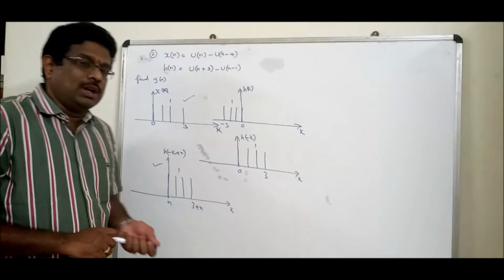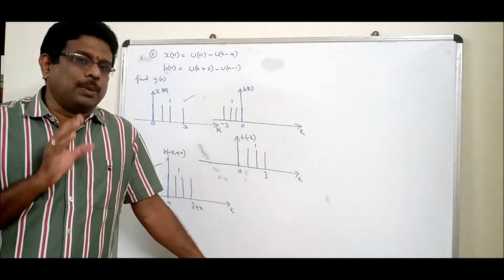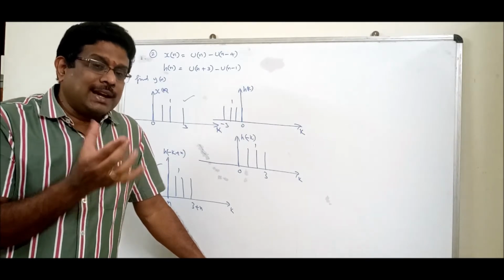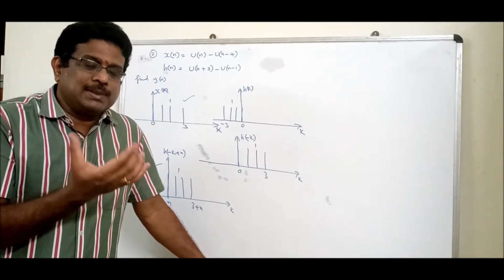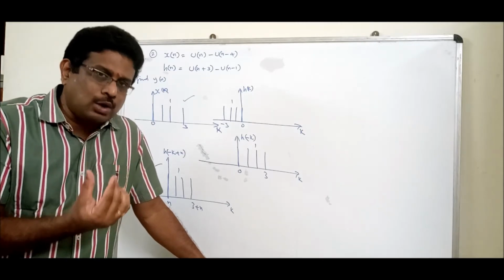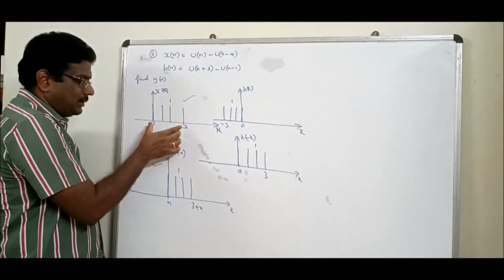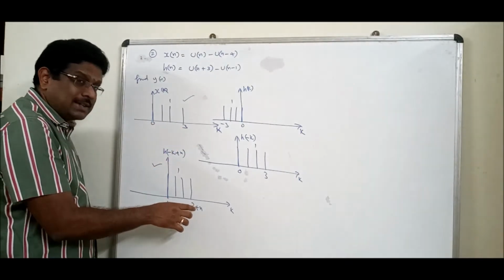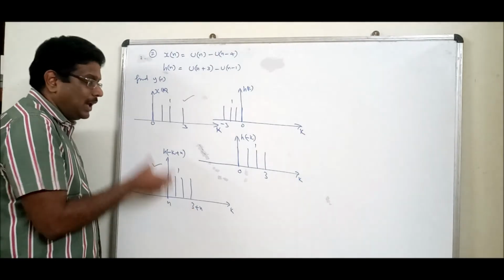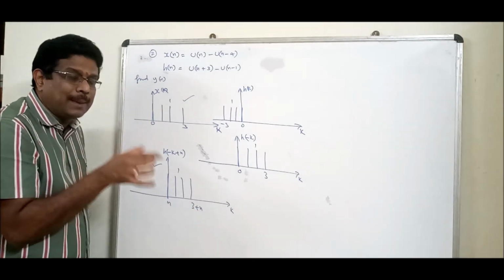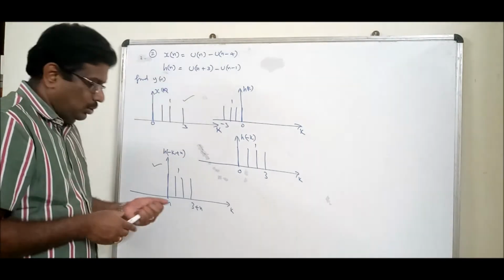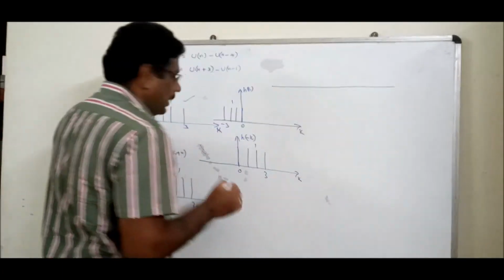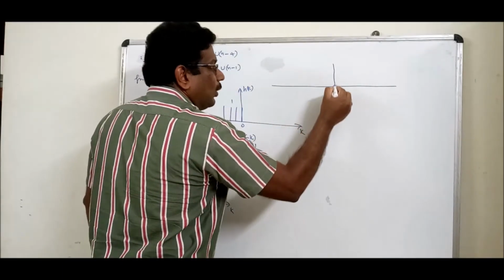But when I was doing the convolution integral, I told you one important piece of advice. Careful with the gap. If it is bigger, draw bigger. If it is smaller, draw smaller. What is the gap here? 0 to 3. Gap is 3. What is the gap here? Again 0 to 3 only. So the gap is 3. Now this problem is an equal gap problem. Careful. So in an equal gap problem, whenever you draw the signal, make sure that both are equal.